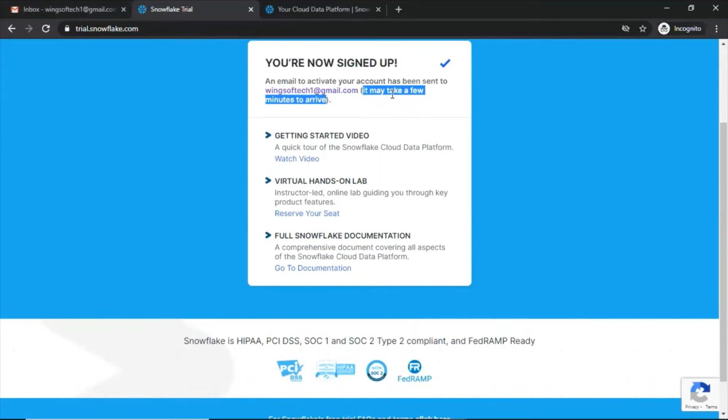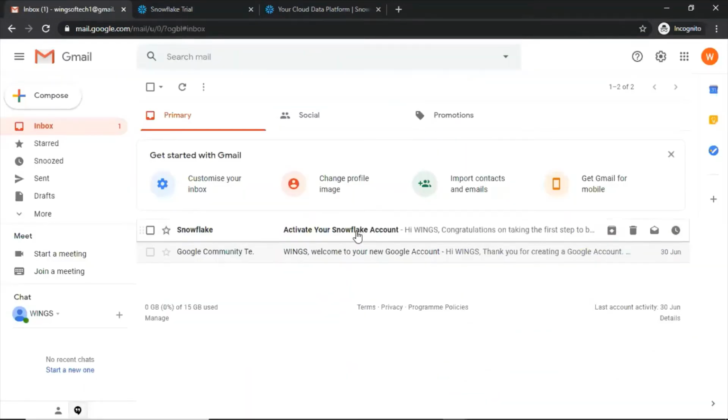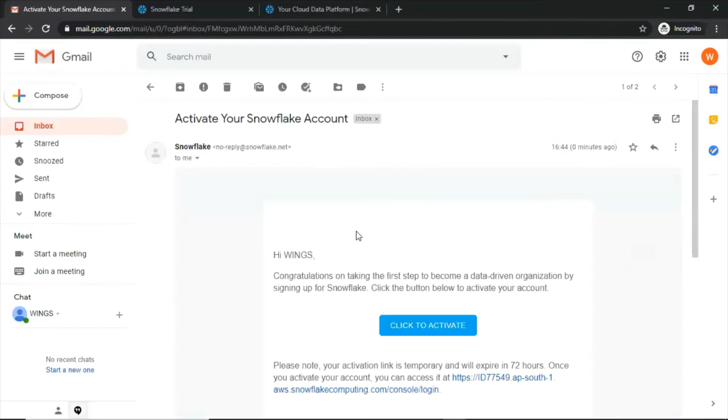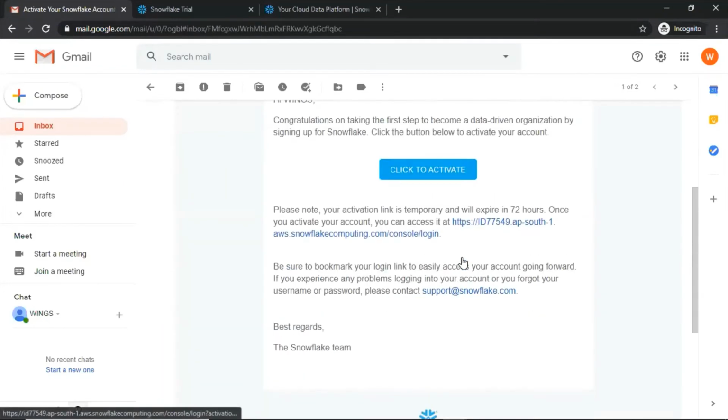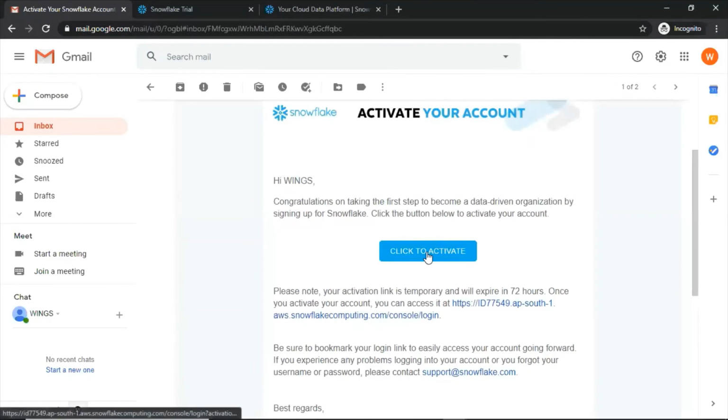Without that email, you cannot log into your free account. Now I have received that email. I open that. You have to click on this, click to activate.